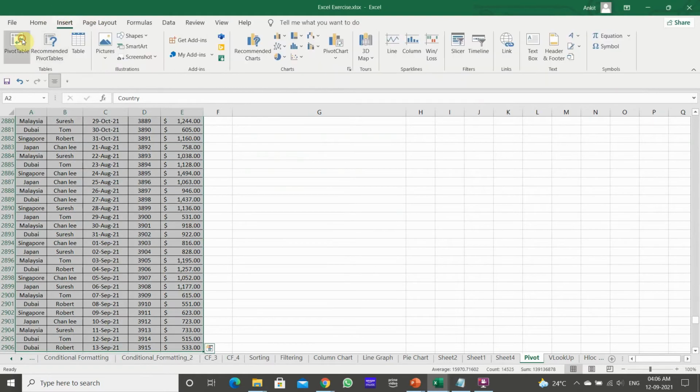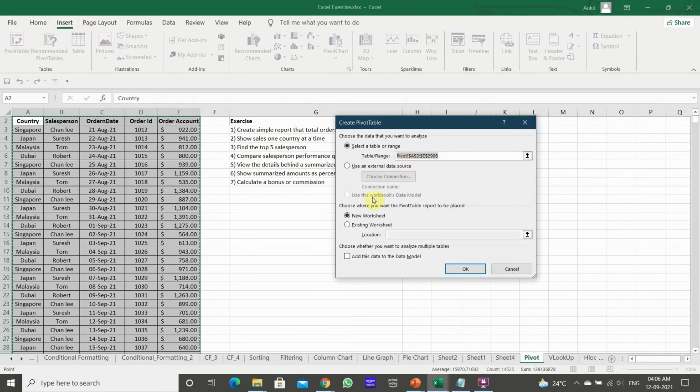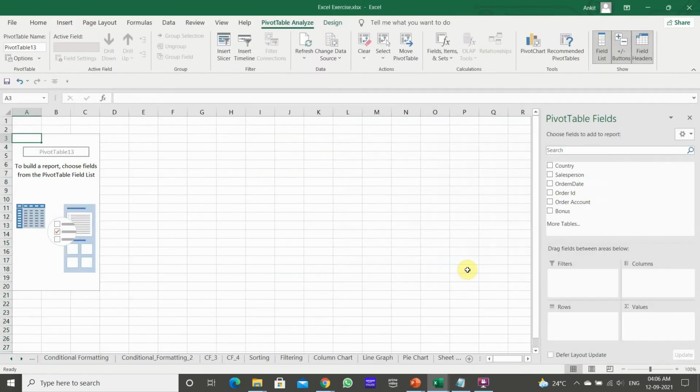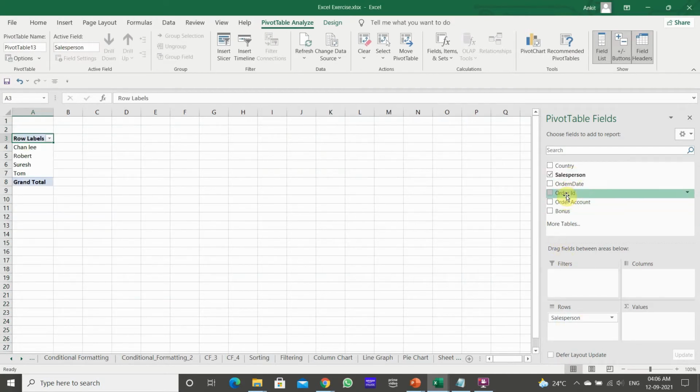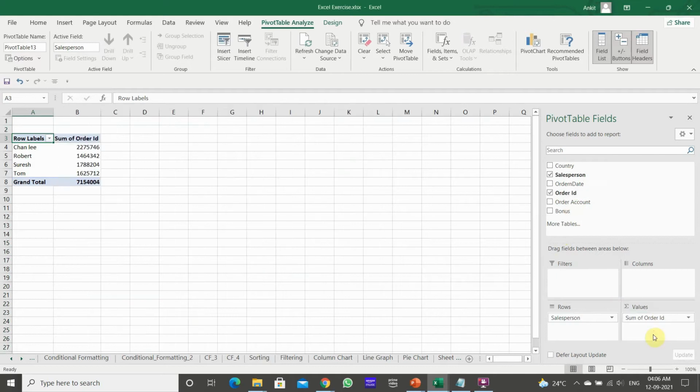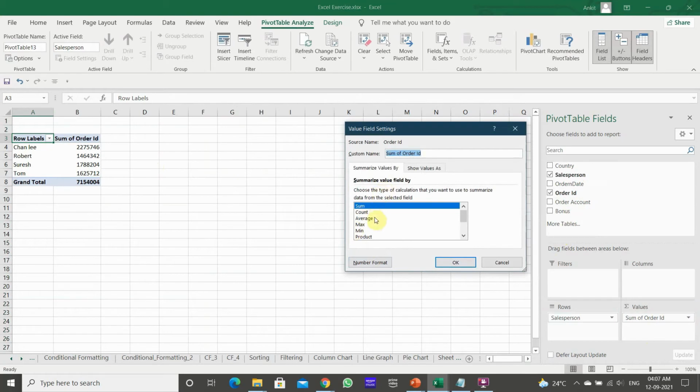go to Insert, Pivot Table, the data is one, new sheet. Okay, this one. Now put the salesperson and the order is this one. Put the order ID here. See, Excel has automatically done the mathematical operation of sum here. It is taking the summation of order ID, so it is of no use to me. I need to find out how many sales orders each salesperson has generated. So click this one, go to the value setting, and the count is there, average is there. Just select the count.